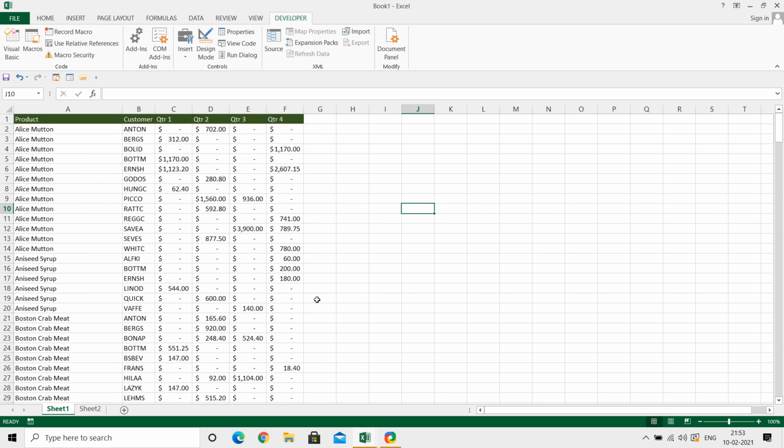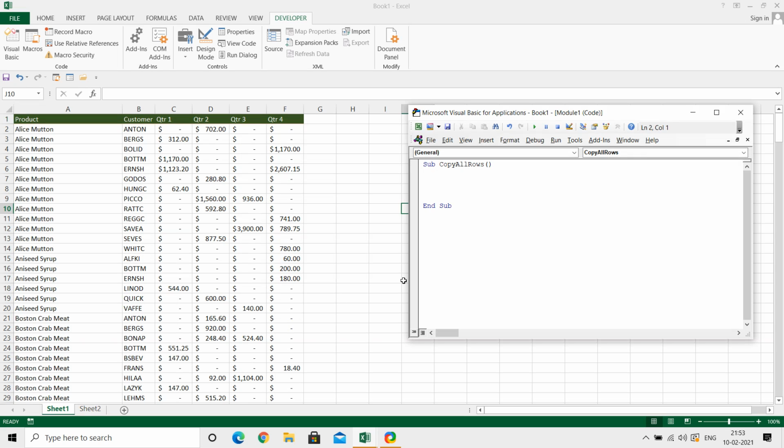First we have to find out how many rows are to be copied. For this we will treat the last row as LR.